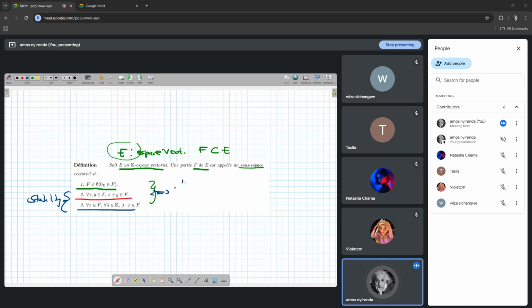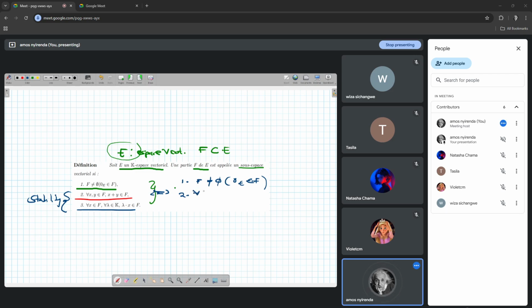First of all, point number one, you check that F is non-empty, which means you have to verify that the identity element of the parent set is in the child set, which is F, like so. And then we can combine the second property and the third property and say,